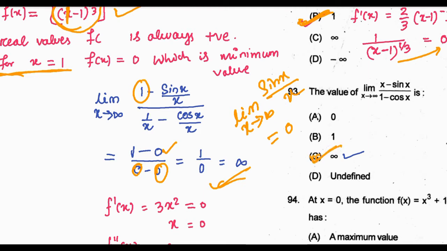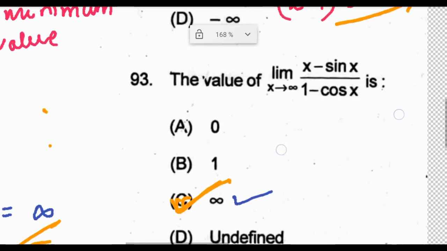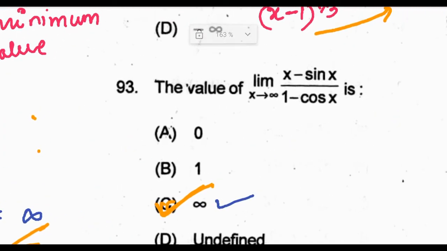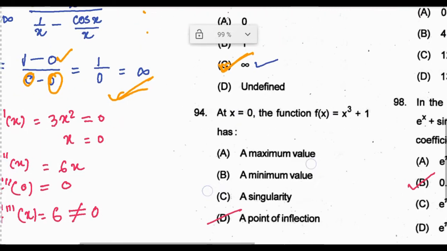In a previous year, one of the GATE questions was x minus sin x by x minus cos x, not 1 minus cos x. So for that one, the answer will be different. Next question is,